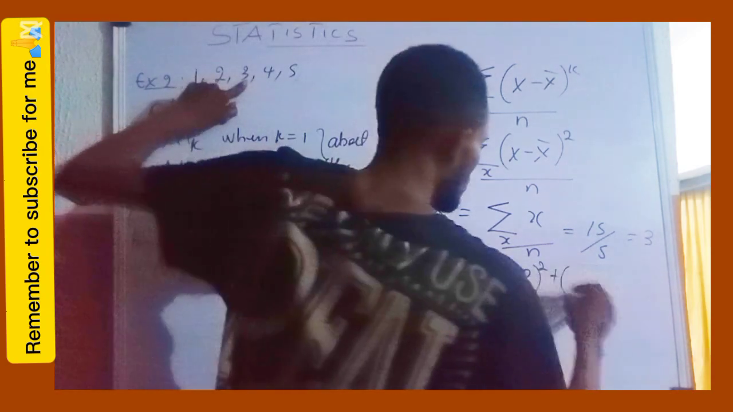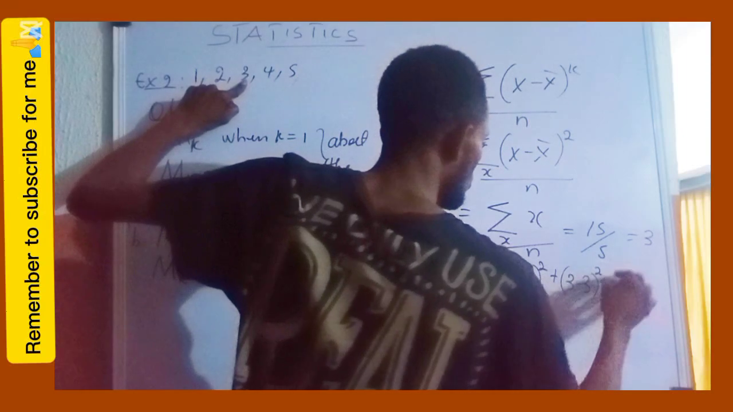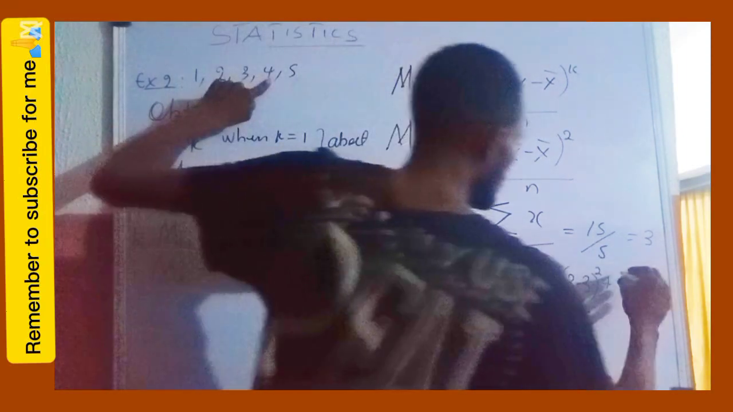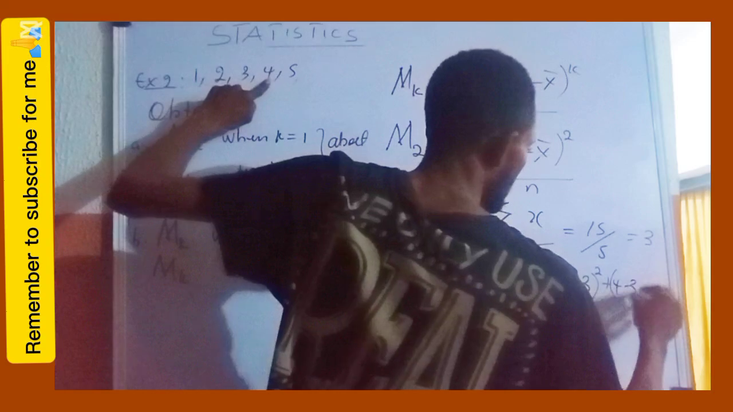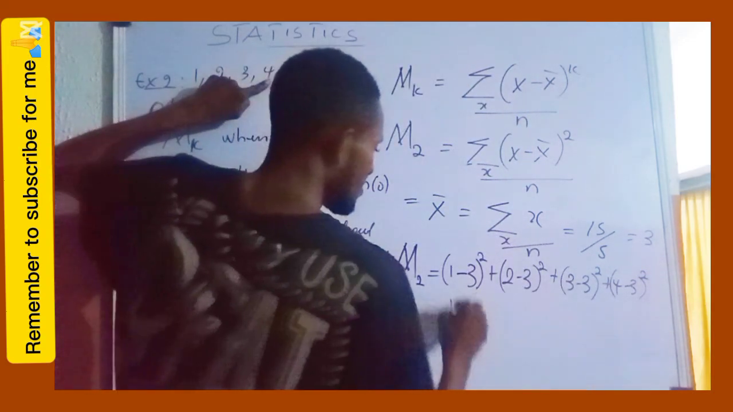This one becomes what? You have (3 minus 3) all raised to power 2, plus. The next one is 4. So you have (4 minus 3) all raised to power 2. And the last but not the least becomes plus,